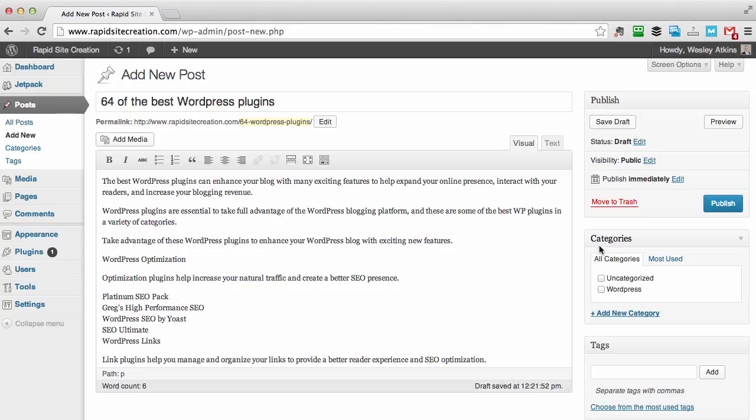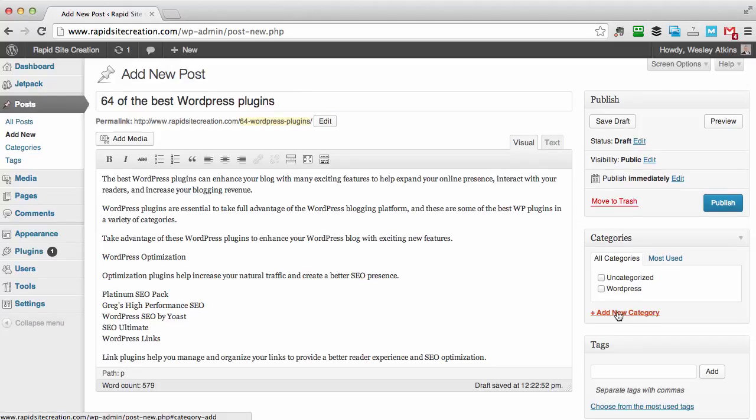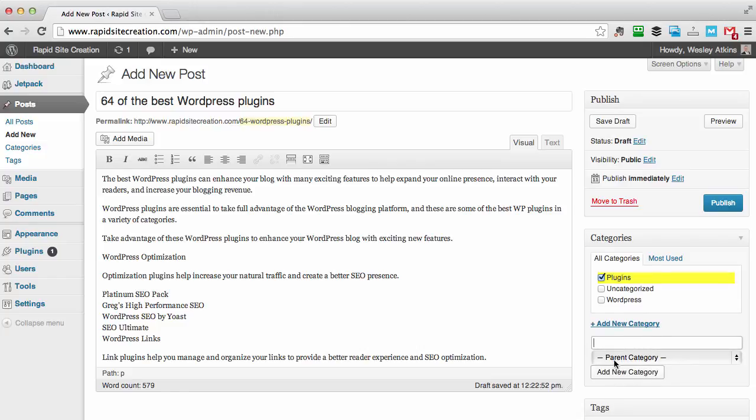On the right hand side, we've got a section called categories. I've already created one. I've fed this in some content already, which you'll see. So I'm going to create a new category for this. This site is about creating, well, rapid site creation, about creating WordPress sites. So I'm going to give this a category called plugins and click on add new category. Okay, so it's been ticked. So this piece of content has now been assigned a category of plugins. We've got the shorter URL,